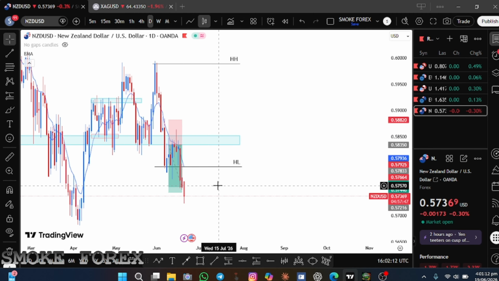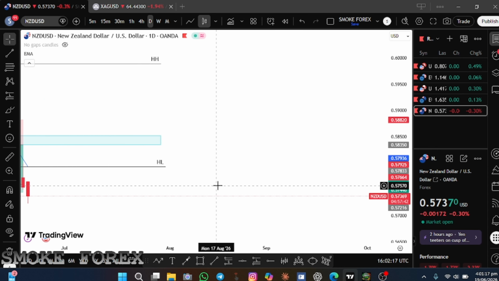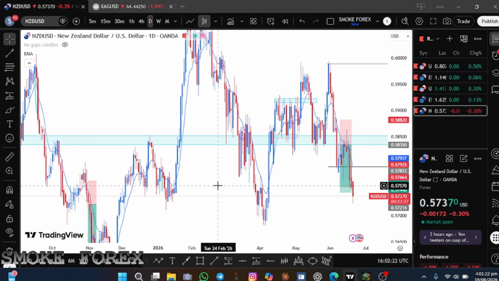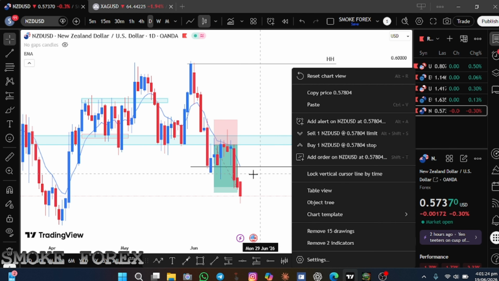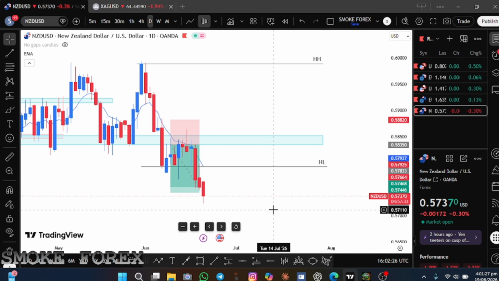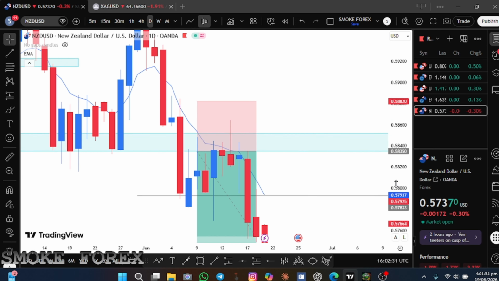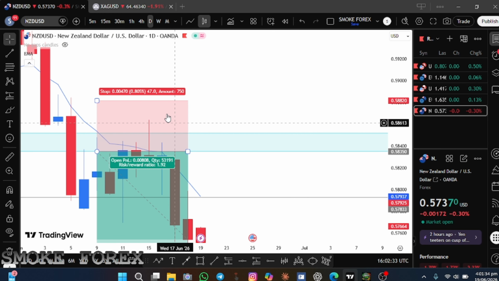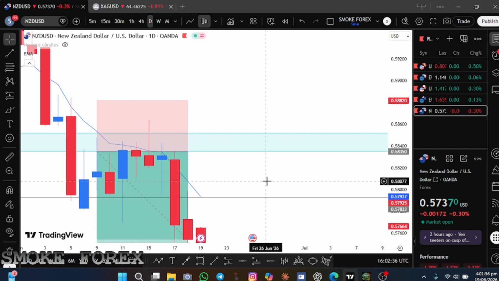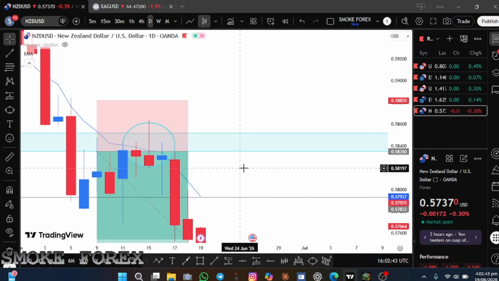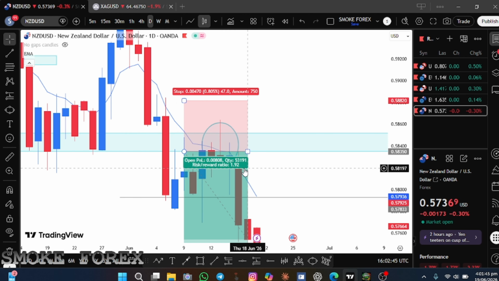My next pair, that's NZD/USD. With NZD/USD, this is the beauty of the trade, bro. You can see clearly price is still selling off. So this is my confirmation. Let me show you the confirmation. This is the daily rejection candle, a long weekly rejection at my area of interest,